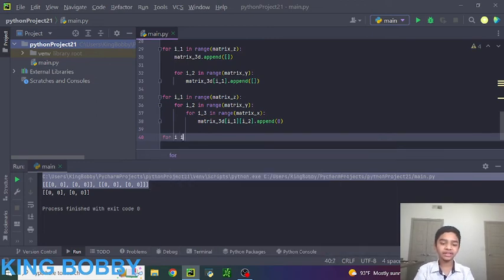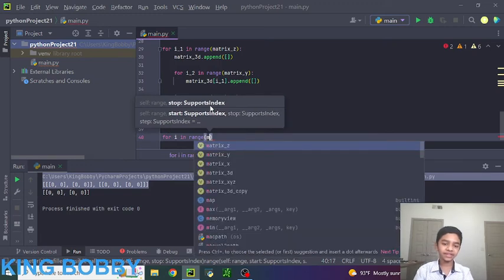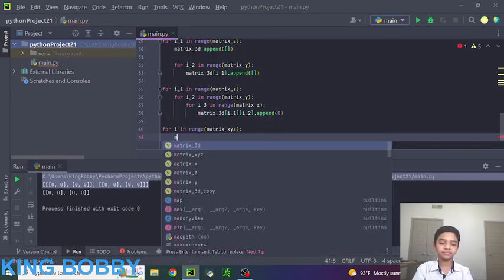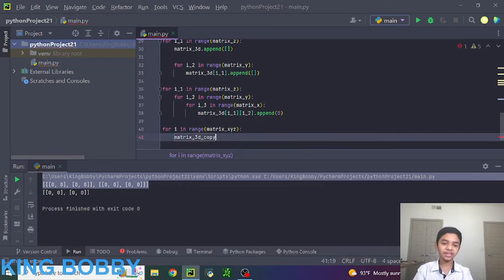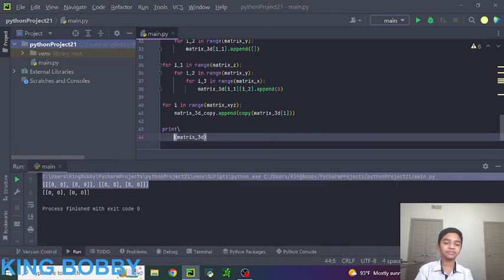For I in range matrix x, y, z, matrix copy dot append copy matrix 3D I. If we print matrix 3D and matrix copy 3D,